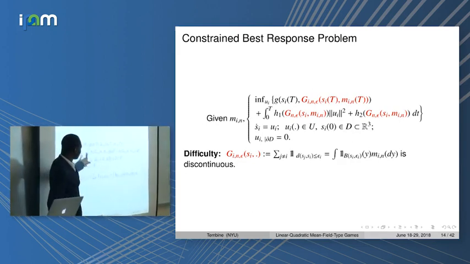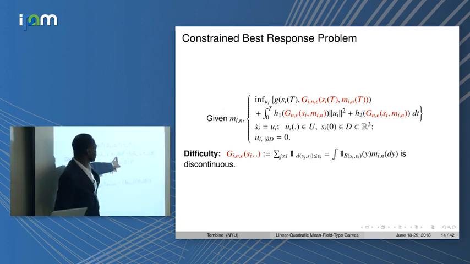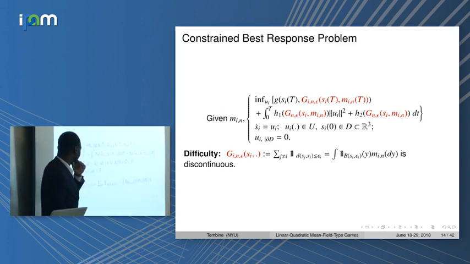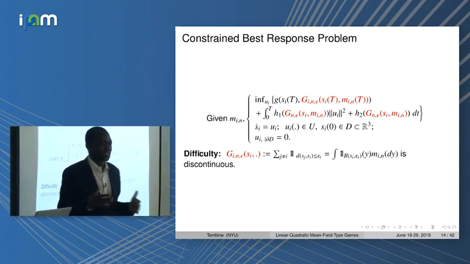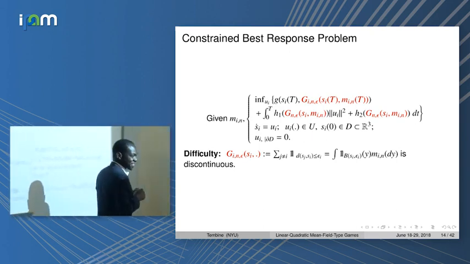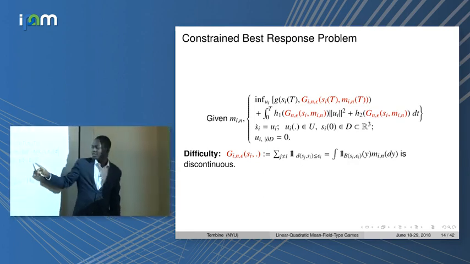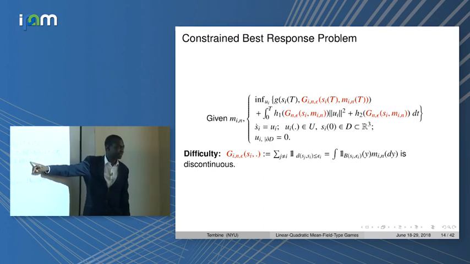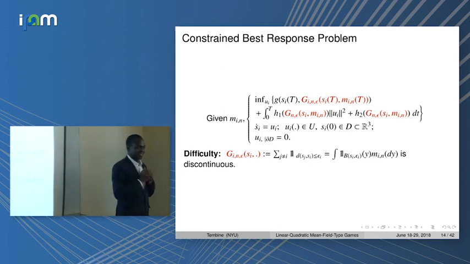So the cost function will be a terminal cost like this, and then a running cost with an extra value there. And the dynamics is x dot equal to u. Okay, I'm in a building, so there should be some constraints. Otherwise, people will start bombing the walls and so on. I don't want to do that. So there are some constraints, of course. You need to stay inside the building, D, until you find one of the exits. Okay? Don't try to go through the windows and so on.